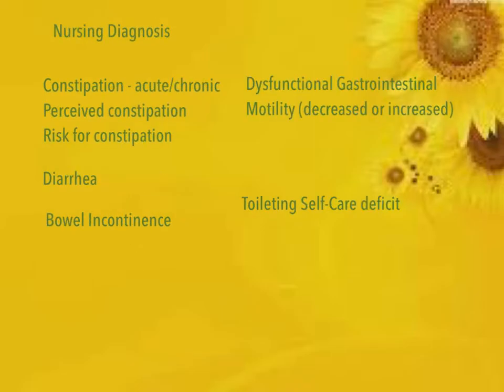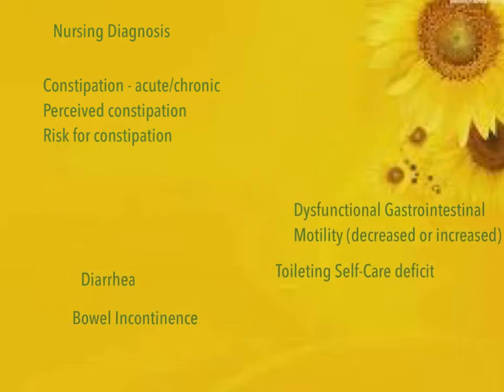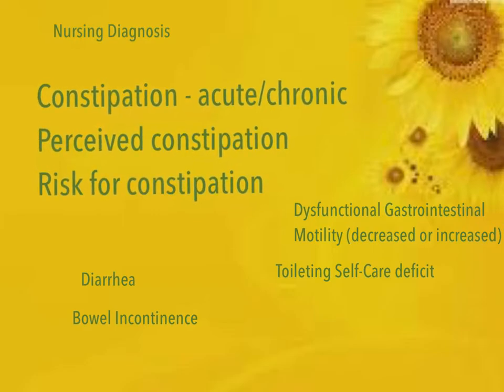So the next part of the nursing process is going to be nursing diagnosis, where we identify our problems. So we have all the diagnoses that relate to constipation. Let's bring them up here, make them a little bit bigger. So we have constipation. Constipation can be acute or chronic, can be a transient thing that they're experiencing while they're in the hospital and on painkillers,